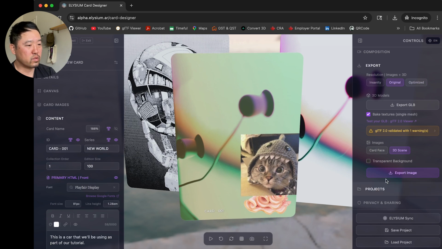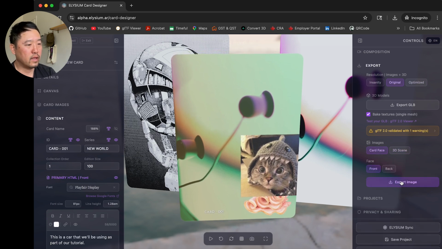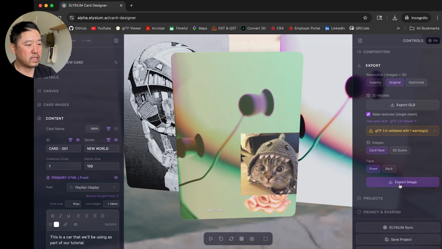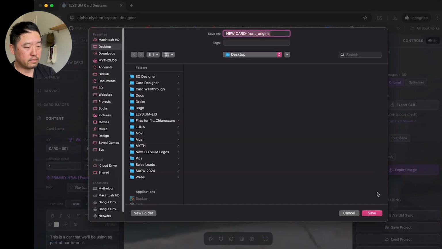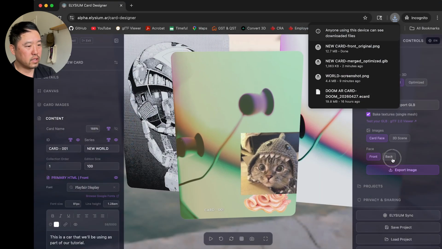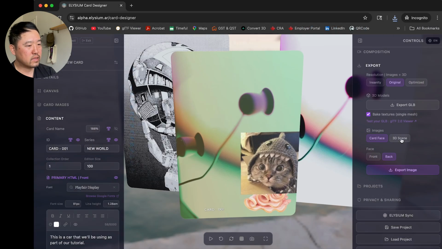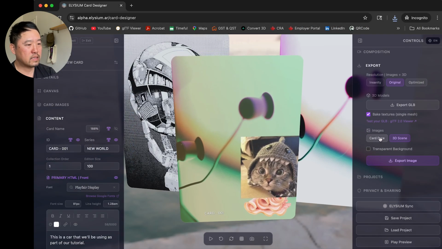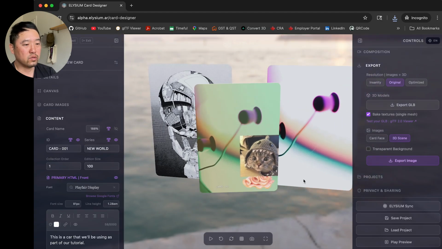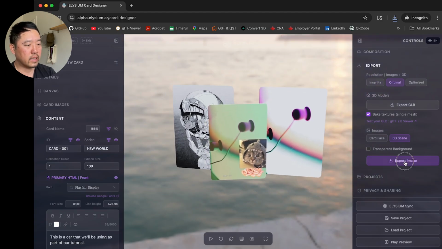For this, we can set the original and export the card face. We can pick the front or the back face and export the image, right? We'll save it to the desktop again, and then save the back. And then we also have an option to export the image scene as a scene. This allows us to move the camera a little bit, and we're going to export that.